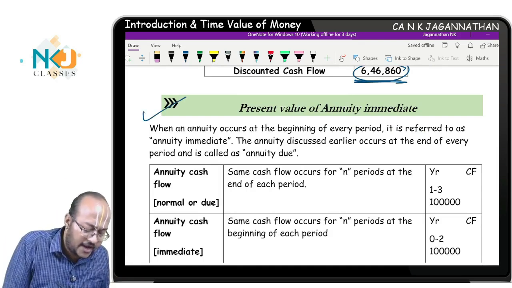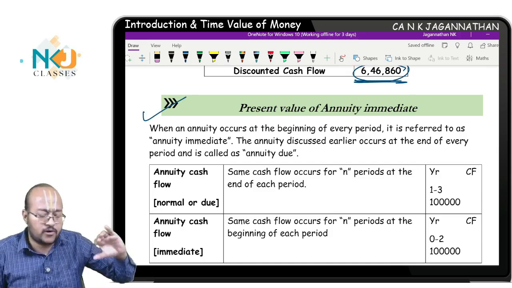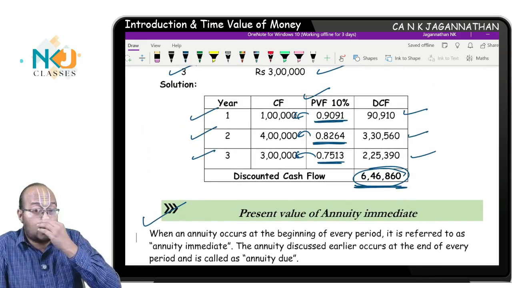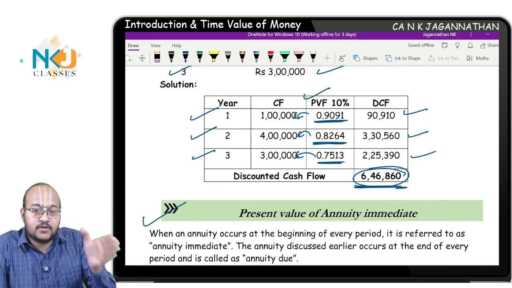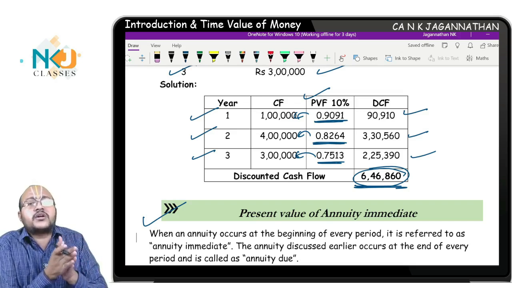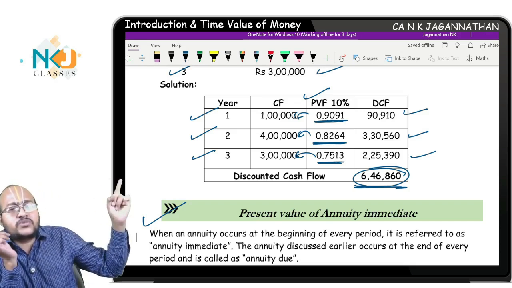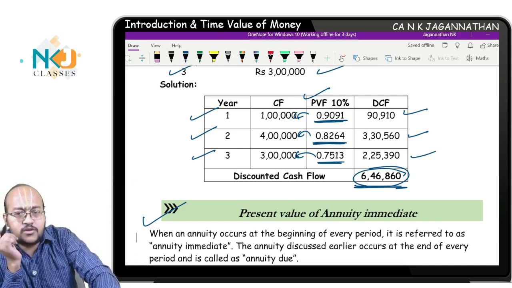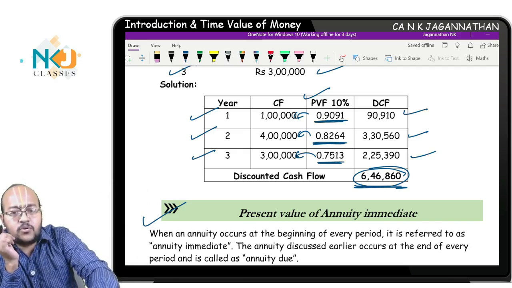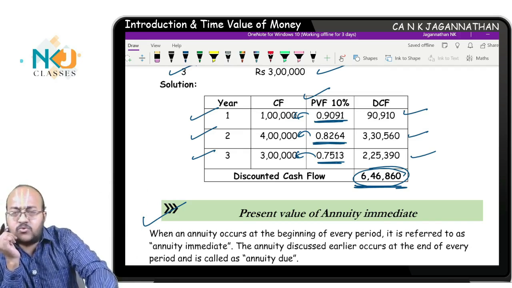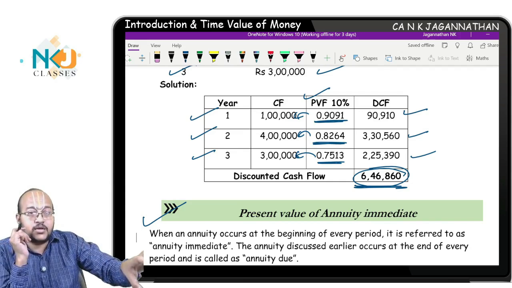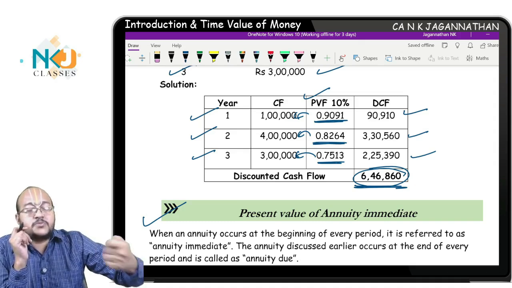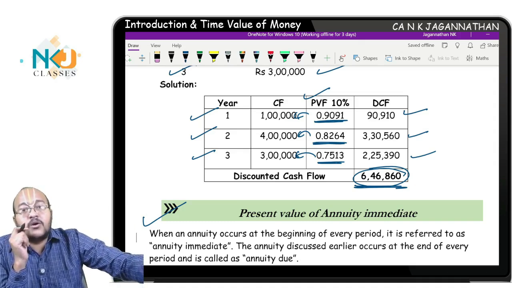Next is present value of annuity immediate. I told you already that we have covered all these cash flows, but for annuity cash flow there is one more thing to cover. If nothing is given in the question, we always assume that we are receiving the cash flow at the end of the year. In FR also, in the leasing questions, you remember, if nothing is given in the question, we assume that it is received or paid at the end of the year, year 1 or year 2, anything. Unless the question specifically gives that the first installment is paid at the beginning of the year, and they will give us an adjustment like that. Only in that case we assume otherwise.